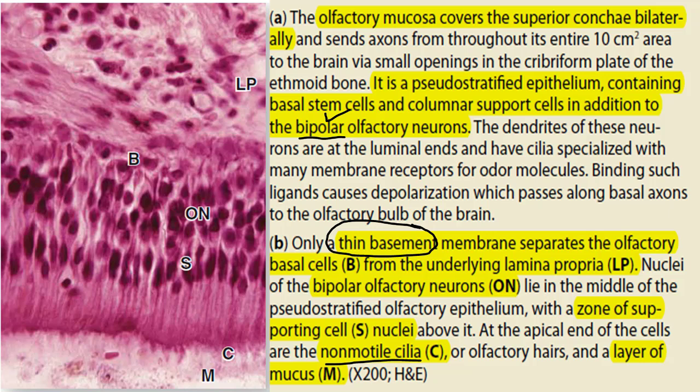These questions are: What is olfactory mucosa, and where is this mucosa going to cover your nasal area? What is the type of olfactory epithelium, and what cells are present in this epithelium? What is the cribriform plate, and to which bone does it belong? What is the role of cilia, why are they present, and what is their type? What is the histological location of nuclei of bipolar olfactory neurons? They were present in the middle layer. I have explained all this.